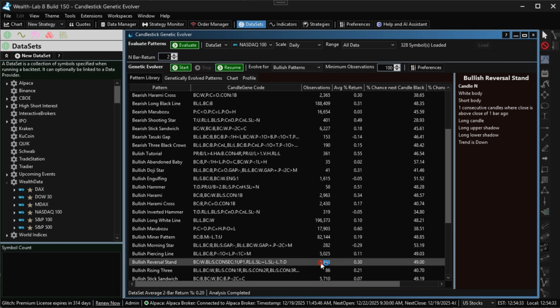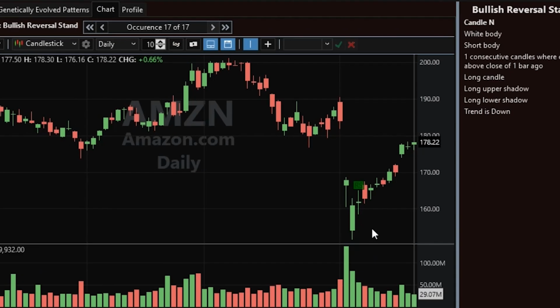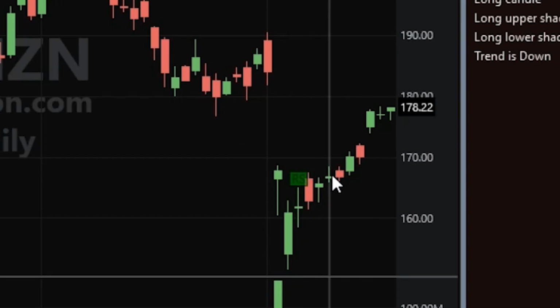If I double click the pattern now, let's see how it performed on Amazon. So here's the most recent occurrence of the pattern on Amazon. And we can see that the 2-bar return after that indeed was quite good, and the market even continued higher